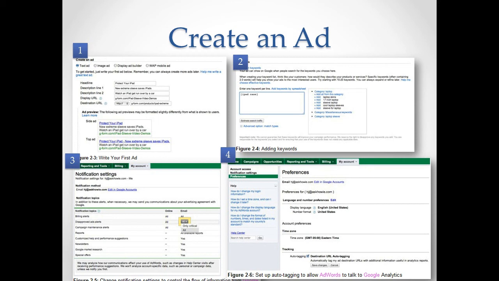Then you want to select your locations and your languages, what networks and what devices, what bidding and what is your budget, and everybody's will differ here. And you want to set an ad rotation under advanced settings. You can click the Save and Continue button at the bottom of the page, and the rest is relatively self-explanatory. I encourage you all to actually go in at this time and play around in Google AdWords and set up an account.